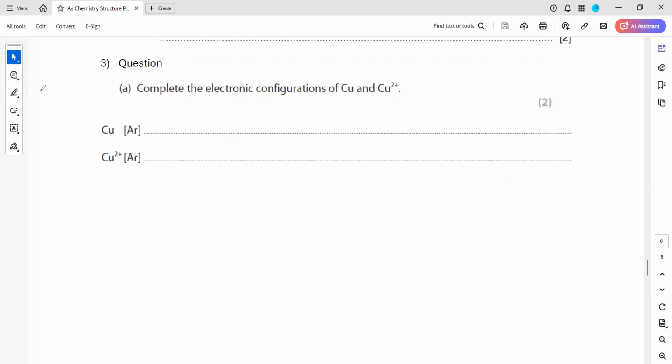In question 3, we have to complete the electronic configuration for a copper atom and a copper ion. So in a copper atom, when you check the periodic table for copper, the atomic number 29 is there. First, when you write the configuration, you write in terms of the energy. So it will be 1s2, but overall the configuration should be in terms of orbitals, like in the position: 1s2, 2s2, 2p6, 3s2, 3p6,